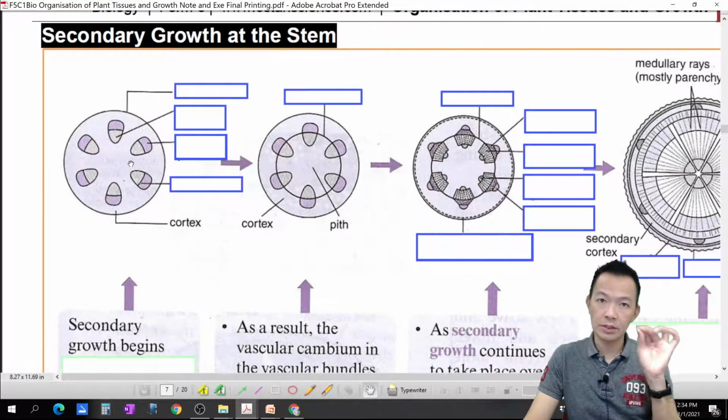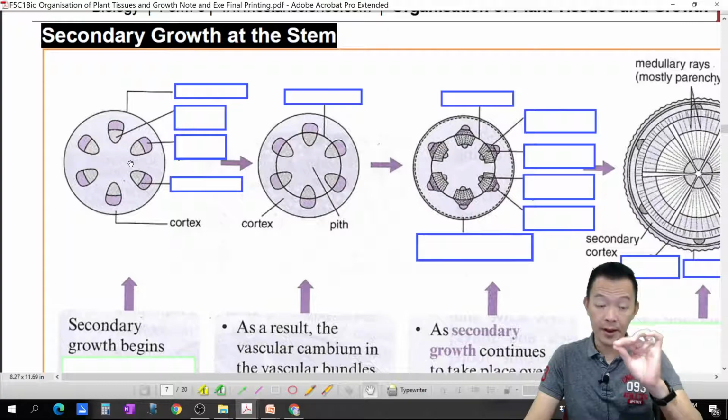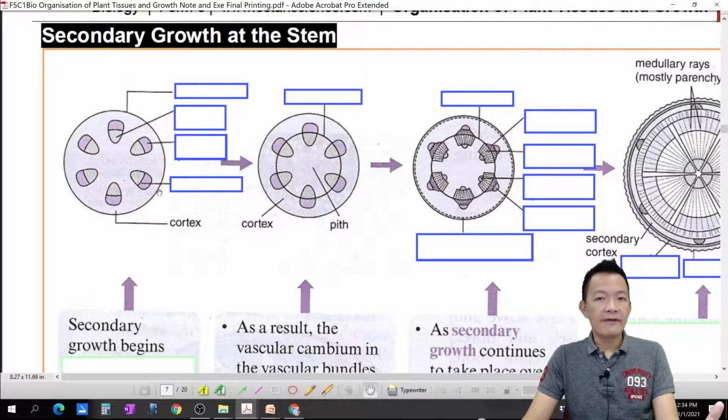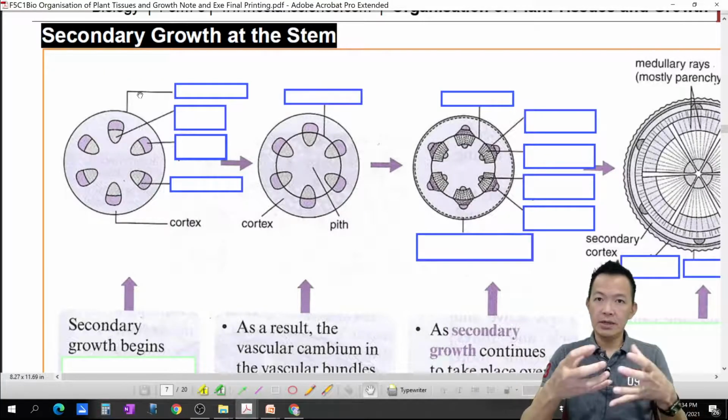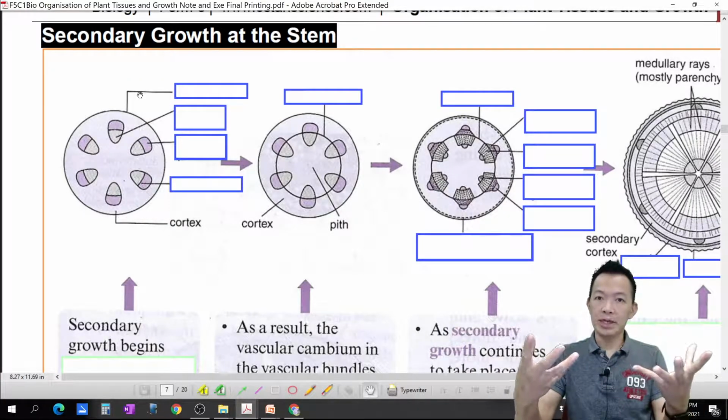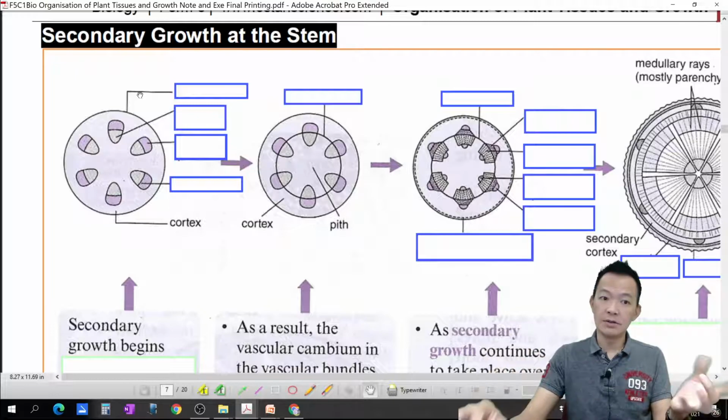Okay, so before we start further, we identify the structure first. 我们看那些结构先来. So after the primary growth, this is what we have, the stems. The cells divide, differentiate and become new cells. So 这边就是